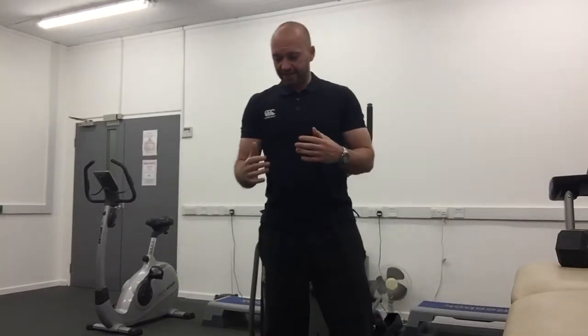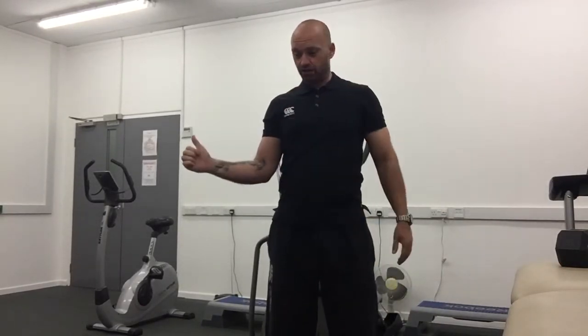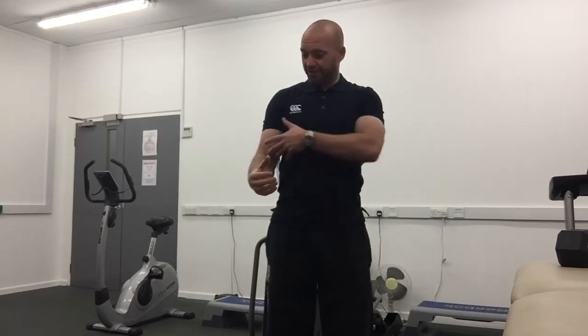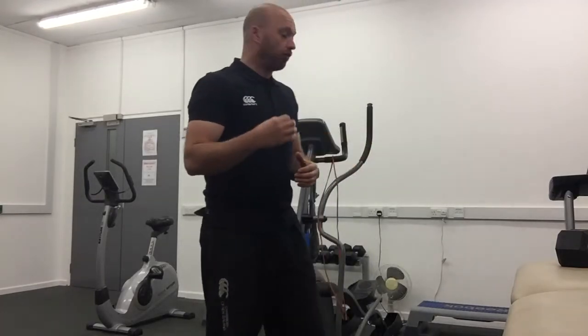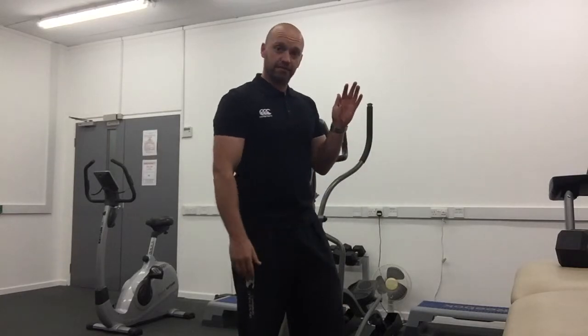And the reason being is we're not actually creating any resistance for our rotator cuff as we go into external rotation. All we're doing is kind of like an outward hammer curl. So it's not really doing anything, it's just kind of isometrically working our biceps. So one of the best exercises to do for that is to actually use a cable or even better, some